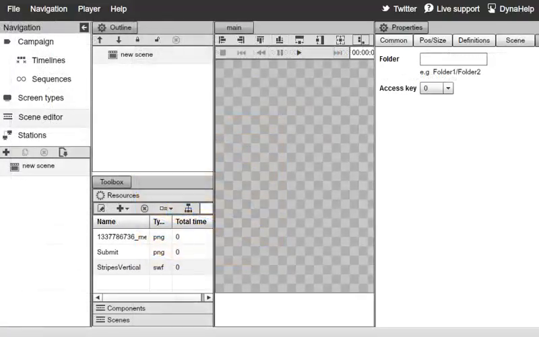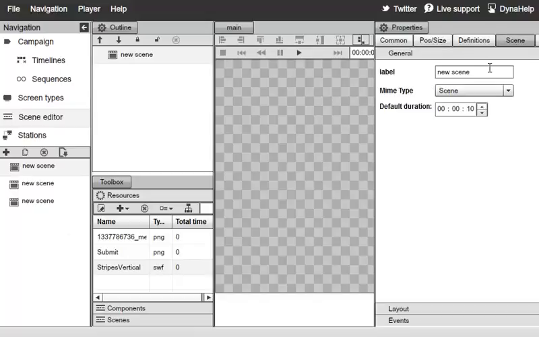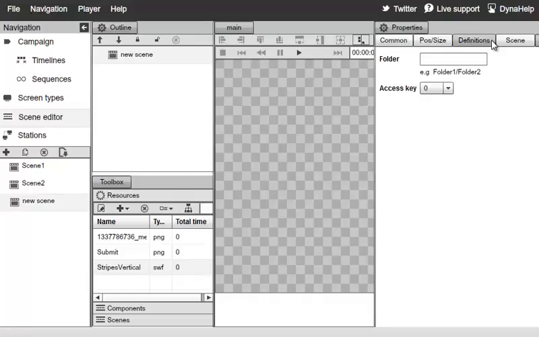Now let's go ahead and talk about our last topic for this tutorial, which is the scene redirect. So with the scene redirect, you can essentially add buttons to your scene and allow touch control for a person to navigate from one scene to the next. So let's go ahead and add a couple more scenes, and we'll name each scene. Call the first one scene 1. Scene 2, and we'll call the last one